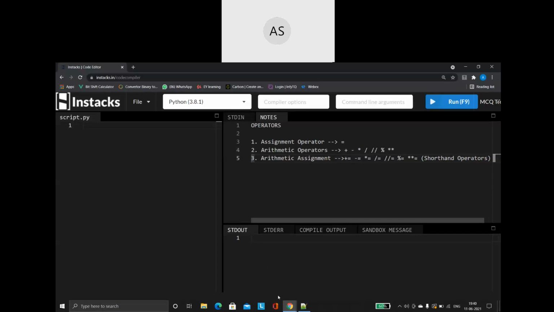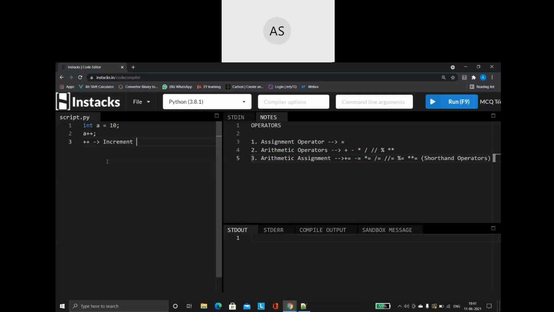Let us take an example to understand this better. Let us take C. Since you are a little bit familiar with C, I'll do a small comparison with C language. In C language, suppose I am declaring a variable like this, then I am saying a plus plus. How is the plus plus operator going to work? This operator we call an increment operator in C language.